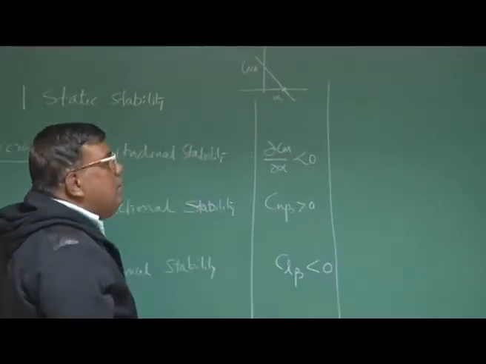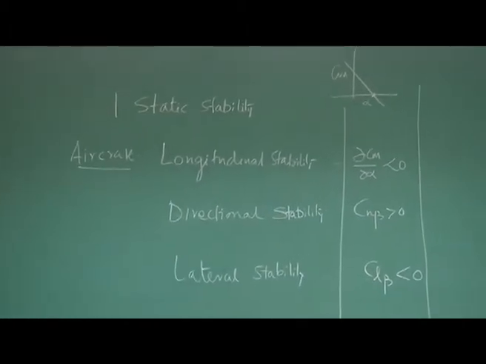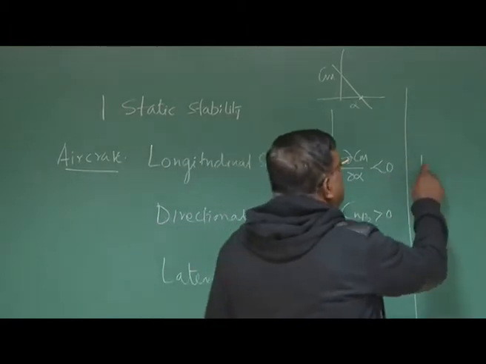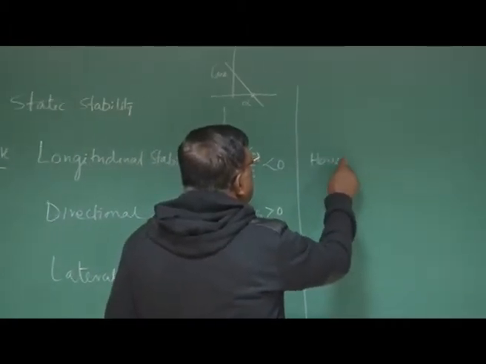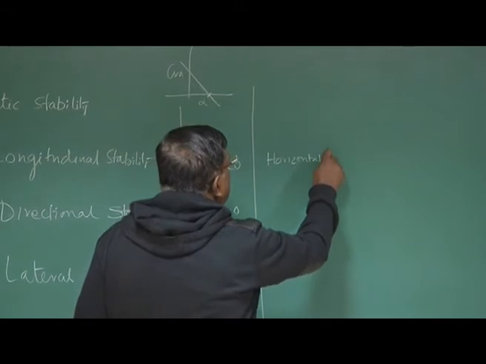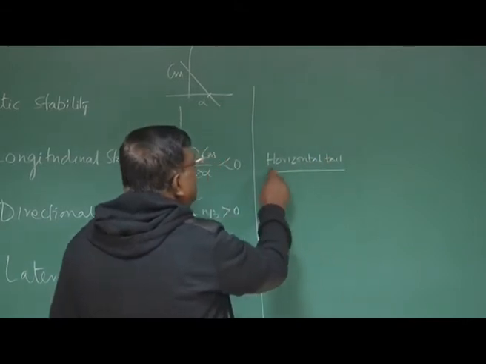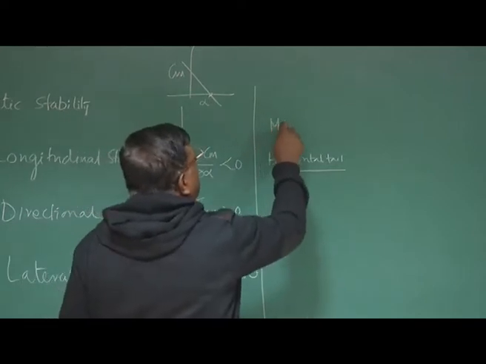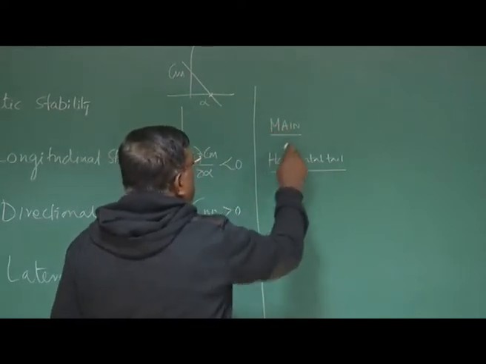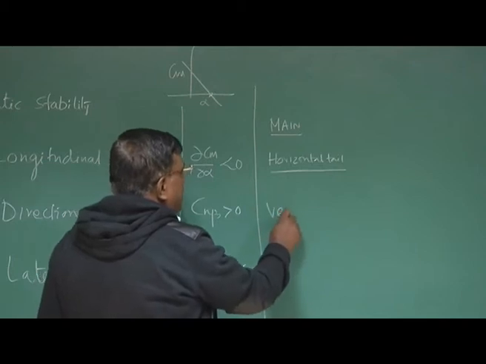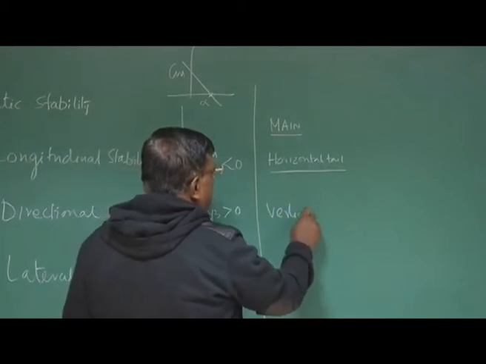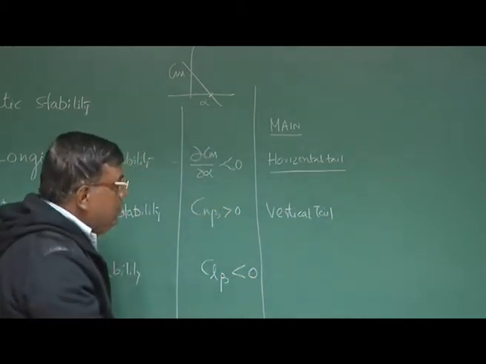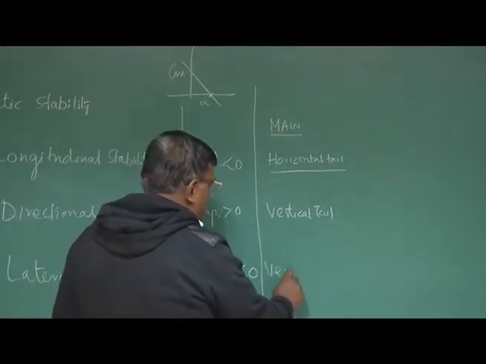And who are the main contributors towards these conditions? For Cm alpha, it is the horizontal tail, the main contributor. Please understand the key word is main contributor. Then for Cn beta, it is the vertical tail, and for Cl beta also you have seen it is the vertical tail,